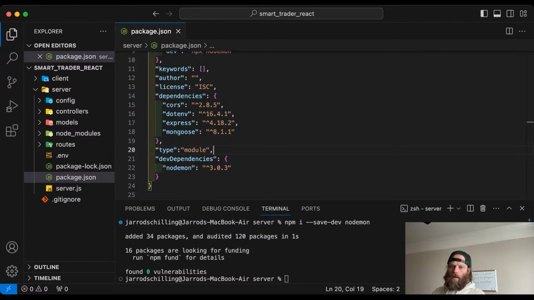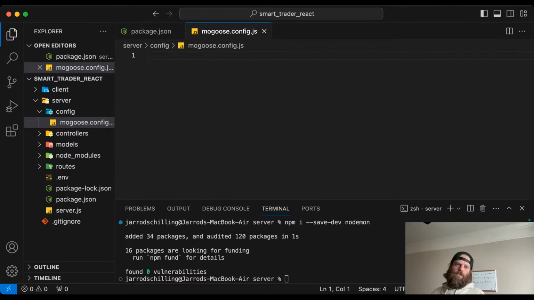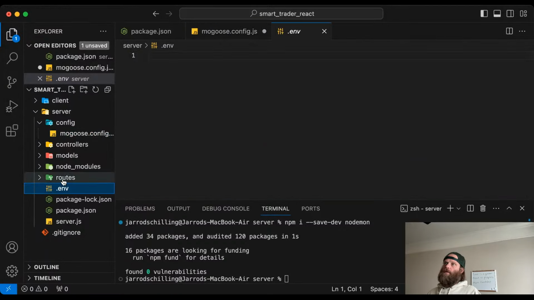Now I'm going to grab this, which is just the config file that we're going to create. A file in config, it's going to be our Mongoose config file, mongoose.config.js. And this is just some boilerplate code. The one thing you will have to update, which we will do here, is the database name. So this MongoDB URI, this is coming from .env, which is empty right now,